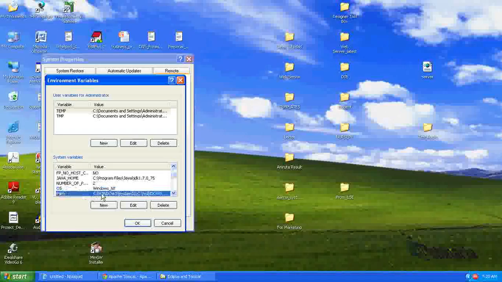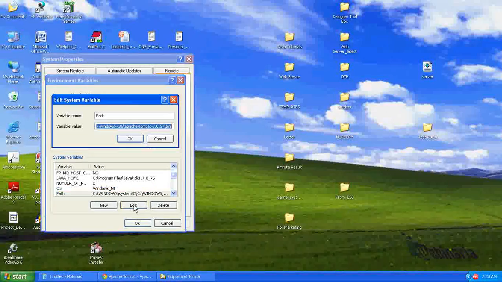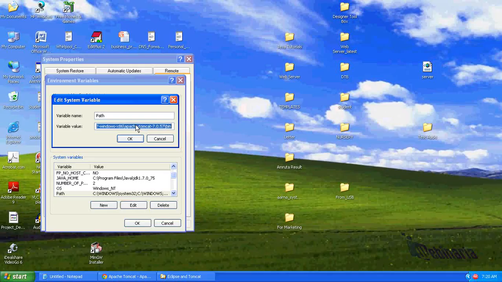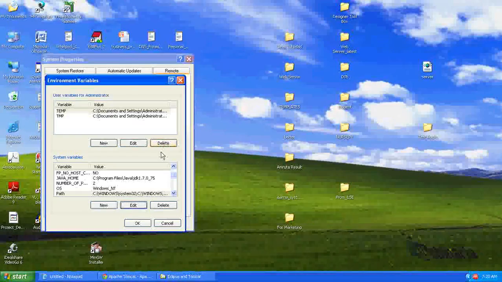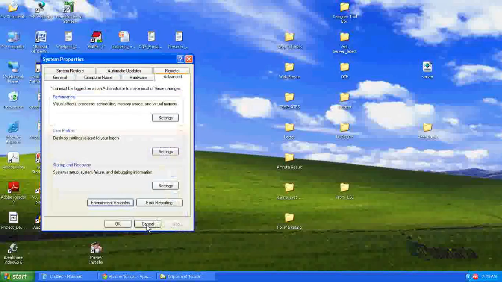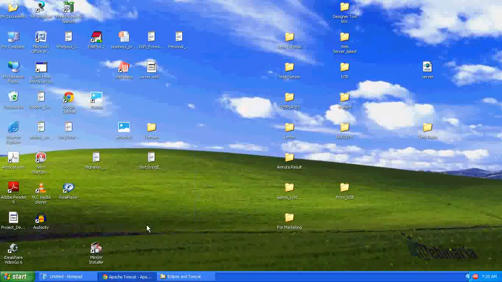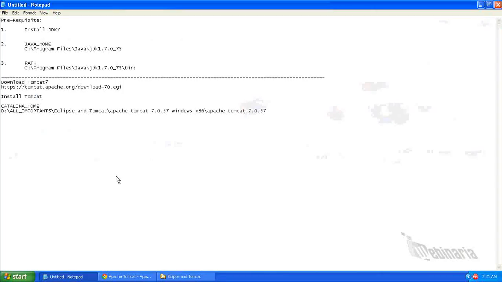Let's see path. So under this variable, you need to specify the bin folder path of JDK. So these are the prerequisite steps before starting installation of Tomcat 7. Once you do this,